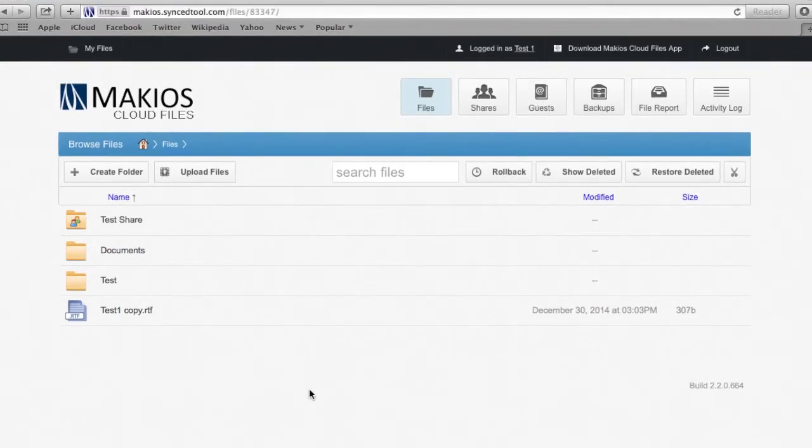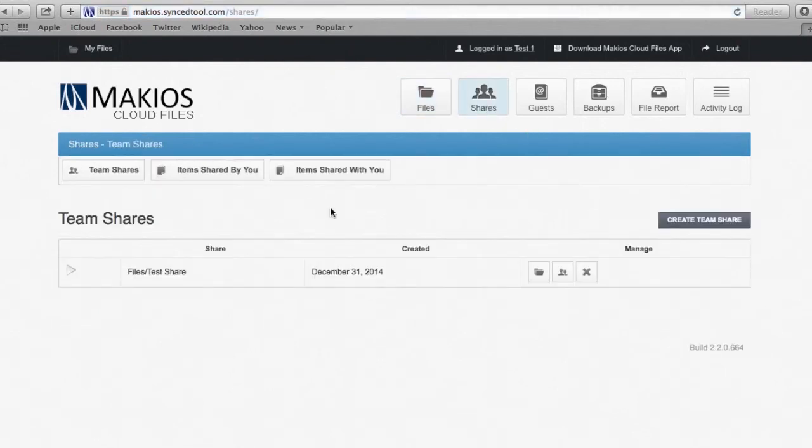All right, so we have covered team shares, public shares, and the secure shares up to this point. We also already talked about creating the guest accounts and a little bit about picking the correct shares. Now, managing the shares overall. If you do have a team share that is being shared with you or that is being shared by you, if you go to the shares tab, you can see here your team shares, items shared by you, and again,